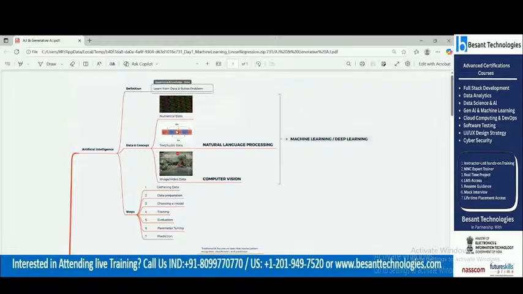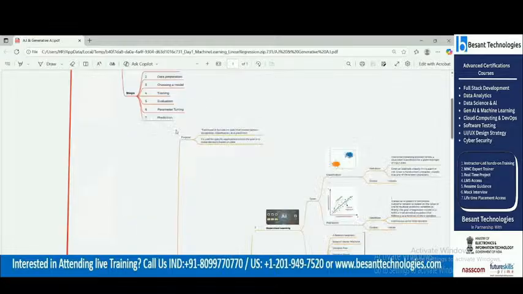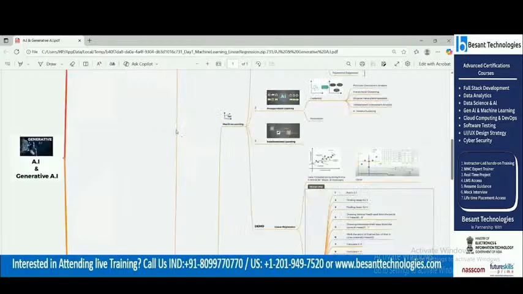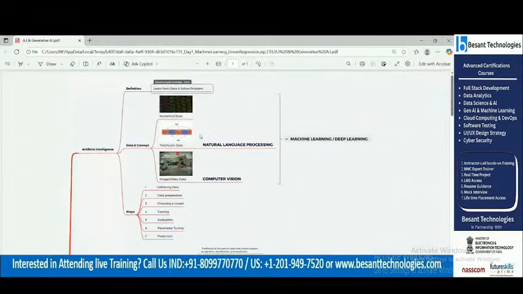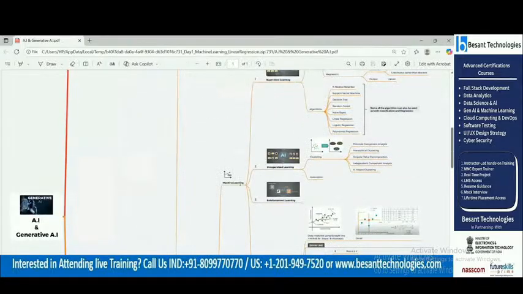Right now, I am just telling you the background part, what you did in AI. Now, when it comes to generative AI, what is it? In AI, you took machine learning. In machine learning, again you have types: supervised learning, unsupervised learning, and reinforcement learning.